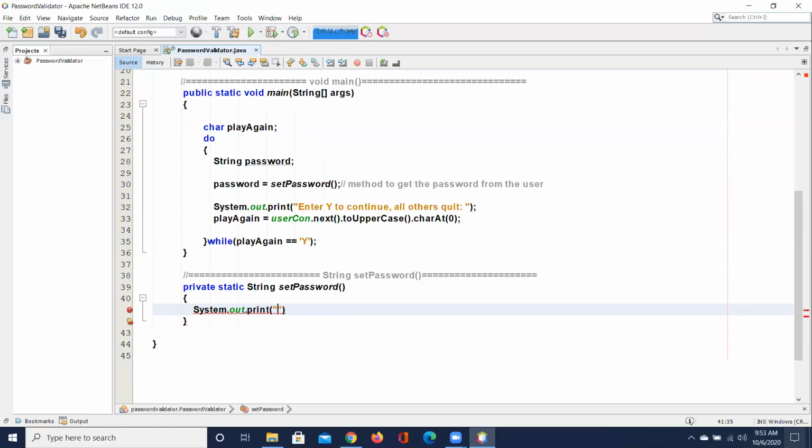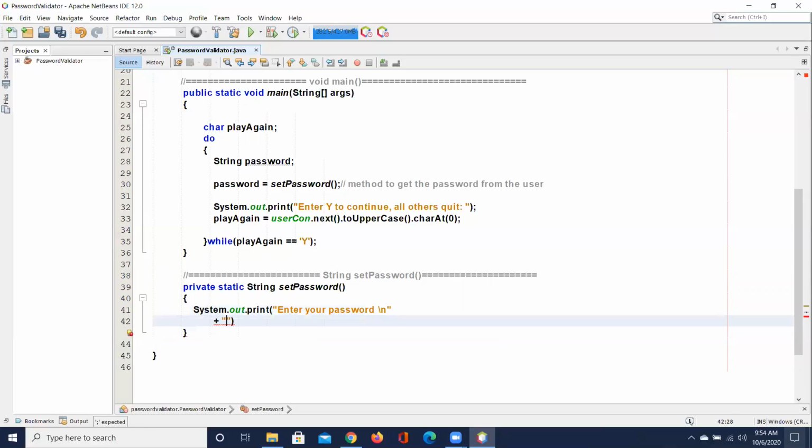And we'll put a slash n here. And slash t dash. And then